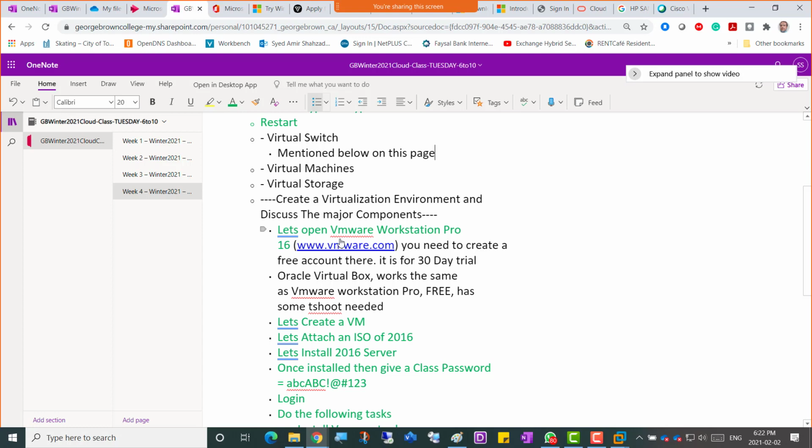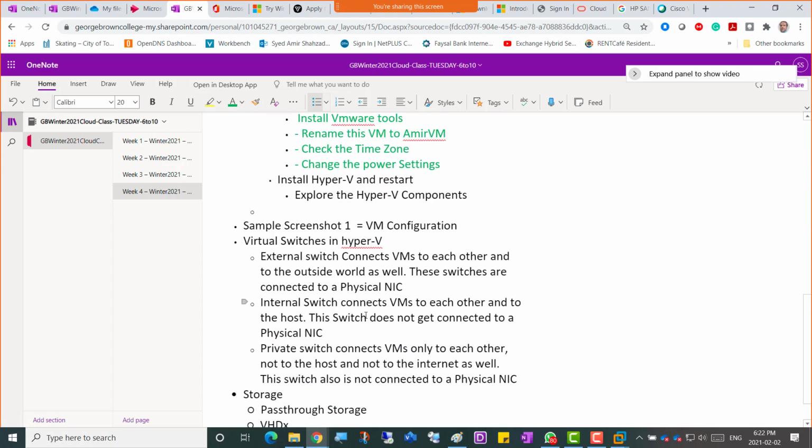I'm gonna go down here to virtual switch. Where are those in Hyper-V? What is the purpose of those? Purpose, we already know that. The virtual machines need to communicate with each other and to the outside world, so the virtual switches have to be there. And virtual switches are there